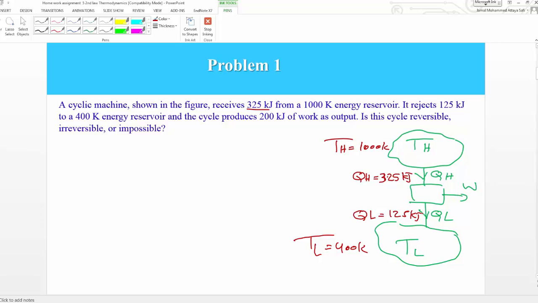And then it asks me if this is a reversible heat engine, or irreversible, or a perpetual machine, which